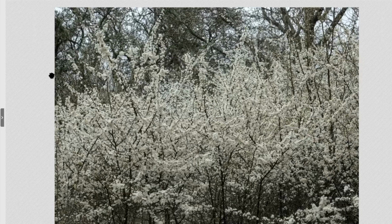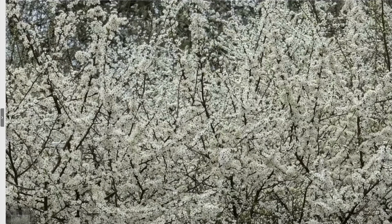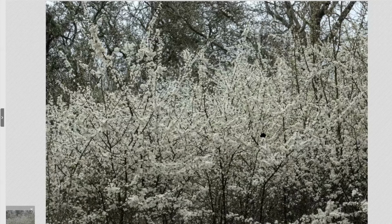Here's some blackthorn, in fact, I know it's an amazing amount of blossom on there, isn't it? Really excellent. What you could do if you wanted with this is, I'm going to zoom it, which will give the effect of cropping, but you could actually, if you wanted to, pull right in and have a cropped image with all of the blossom without any of the extraneous stuff on the outside, the background. But this looks quite nice and sharp